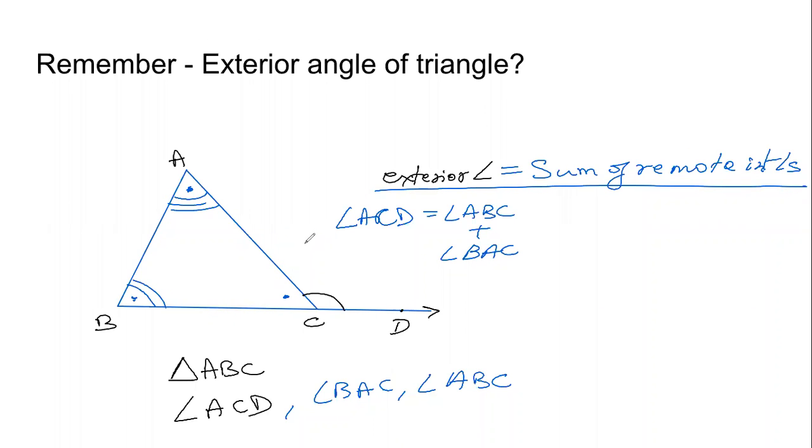And the way we use it is, if this angle is 70 degrees here, and this angle is say 60 degrees here, how much will angle ACD be? Quickly do the calculation and tell me. 130, correct. 60 degrees plus 70 degrees. Okay. If we change the question, now if I say that the exterior angle is 130 degrees, and one of the remote interior angles is 60 degrees, what will be the measure of the other remote interior angle, that is angle A? How will we calculate?